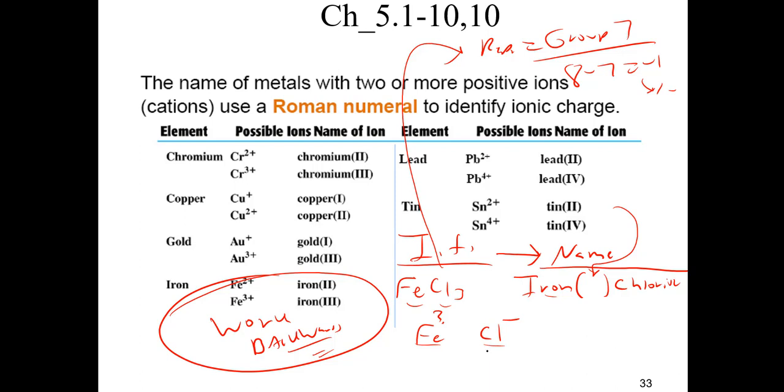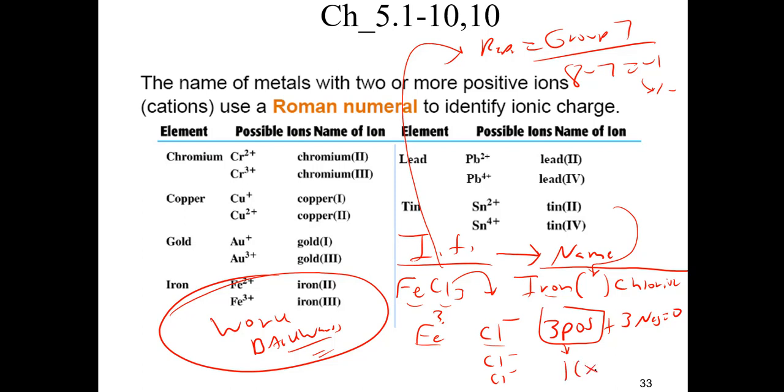Now, we know that we have 3 of our chlorides. Let's go ahead and count them. Total of 3 of our chlorides. So that's going to be a total of 3 negative. We know the overall charge on the formula is going to be 0. So therefore, we know we need a total of 3 positive for it to balance out the 3 negative for it to equal 0. Because we only have 1 iron,